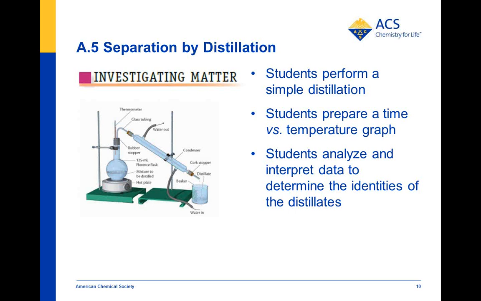get the data. And the students will distill this unknown solution, and when they read their data and generate a graph, they'll see that the data comes up sort of at a point where it could be one of two of the components, one of two of these substances. And so they will then follow up by testing their distillate using some different chemical